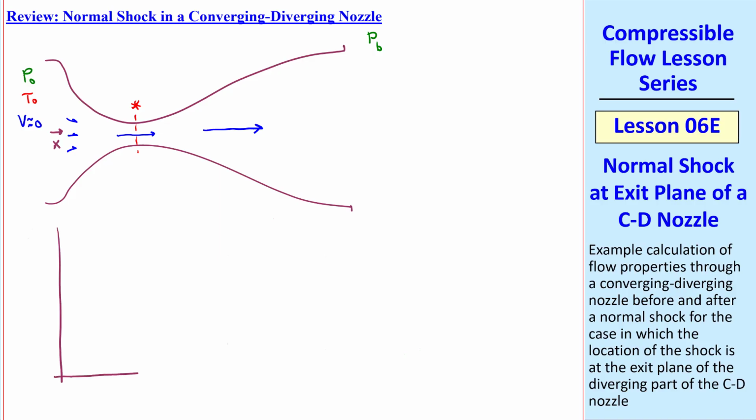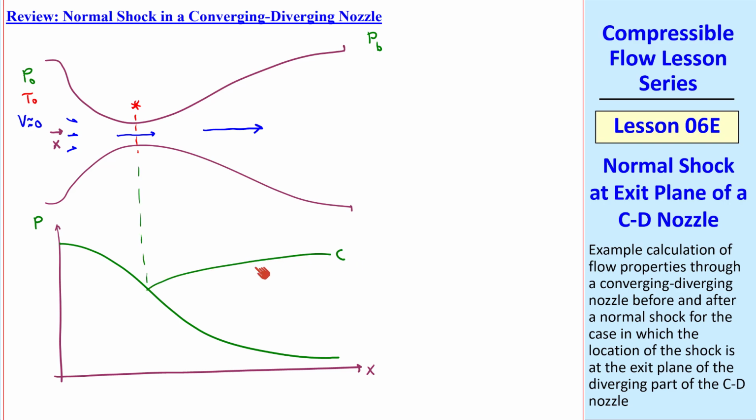Recall from previous lessons, if we plot pressure as a function of X, we identified several scenarios. Case C is the case where the flow is just sonic at the throat, but then is subsonic from there on, whereas case F is also isentropic, but the flow is supersonic everywhere in the duct. We're interested here in cases where PB is between F and C, more specifically between E and C, where E